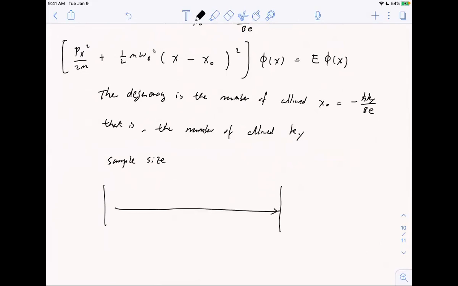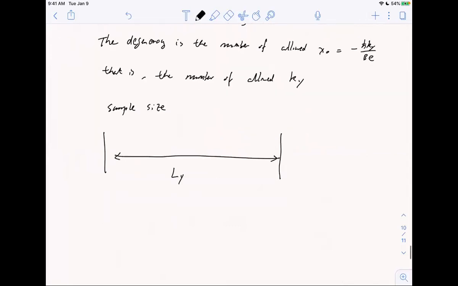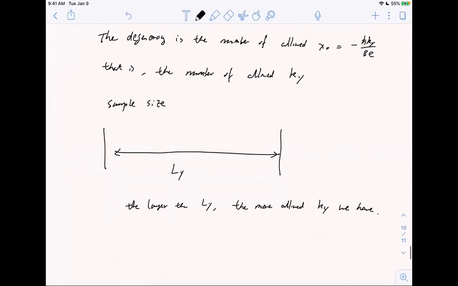Okay, like Ly. So when you fix the Ly, then the number of allowed ky will depend on this Ly. That means the larger the Ly, the more allowed ky we have. Okay. But since your sample is fixed,